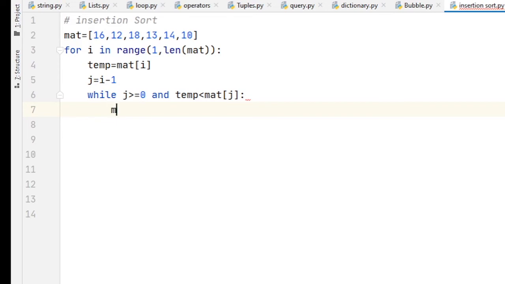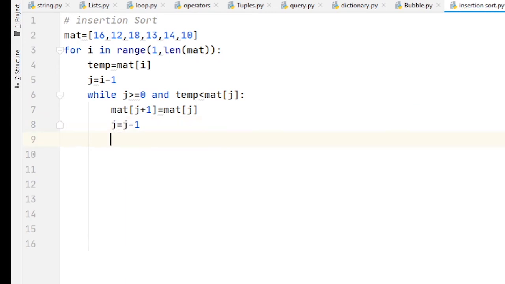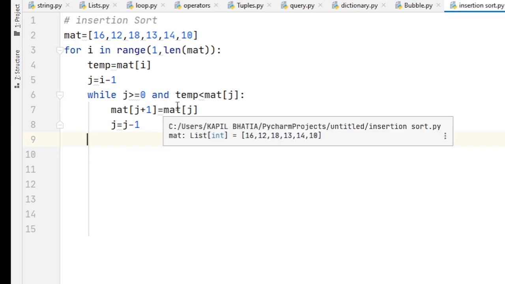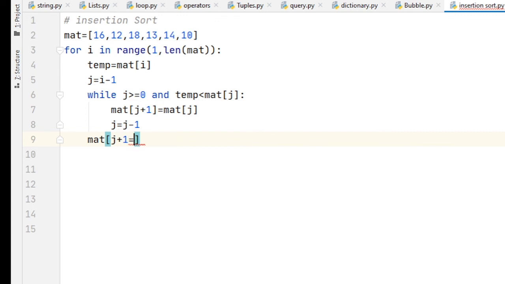So for that we write mat of j plus 1 is equal to mat of j, and after that decrease the value of j by 1, so j is equal to j minus 1. As soon as this while loop terminates, we put the value of the temporary variable into our list. So we write mat of j plus 1 is equal to temp. That's it.